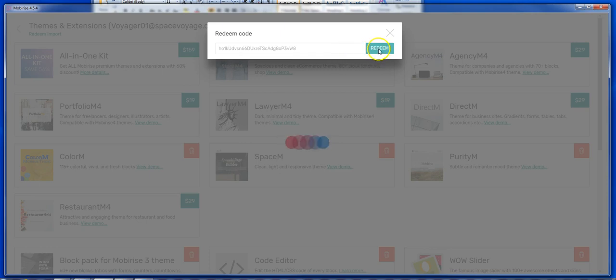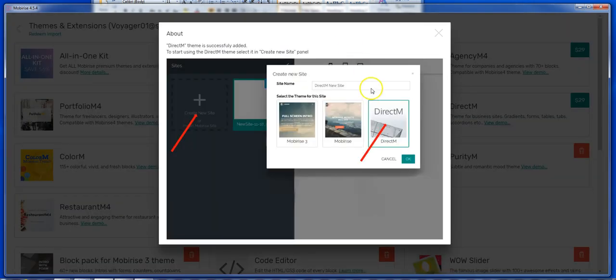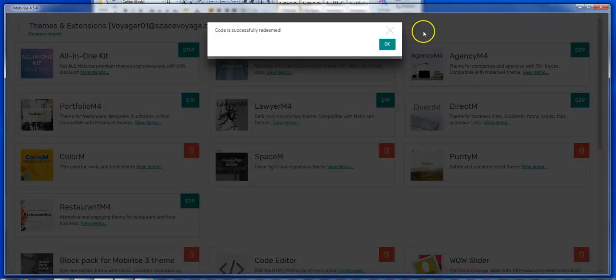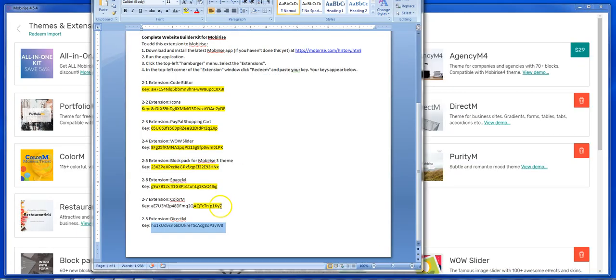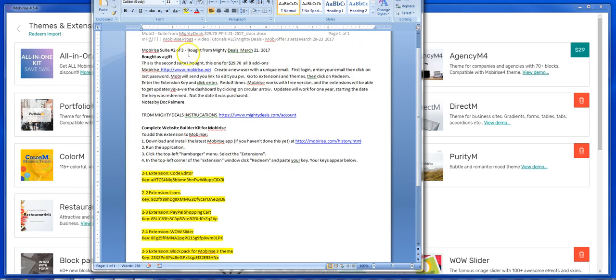Mobirise is in a ticket to me. I submitted a ticket saying, "Can I sell these?" And they said, "No, you cannot sell them, but you can give them away." And finally, we have... Is that it? Yep, that's it. So I'm going to highlight this. Actually going to highlight all these, and I'm going to